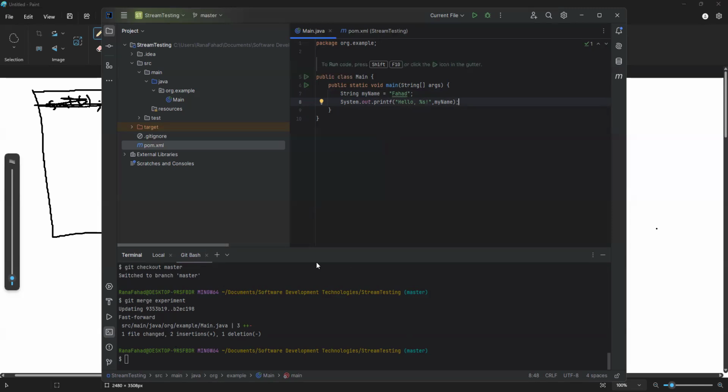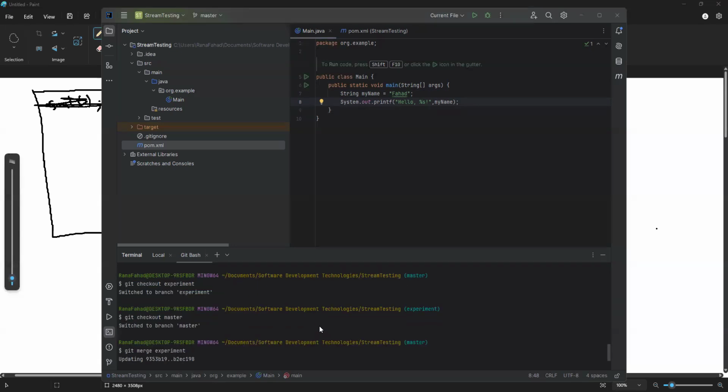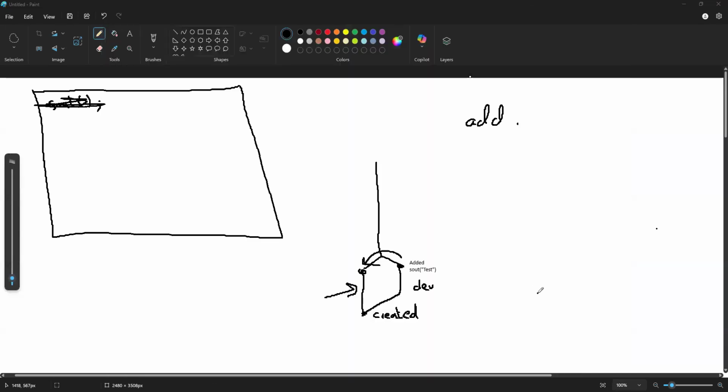Just to confirm the definition, Ajit is asking, can we merge being in a branch other than master? Hmm, you could, but I don't see why you would want to. Let's say there are three branches, right? This is master, this is experiment, this is dev. If you want dev and experiment to become one branch, then you switch to experiment and then